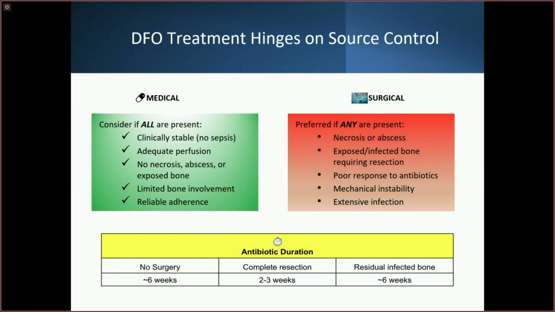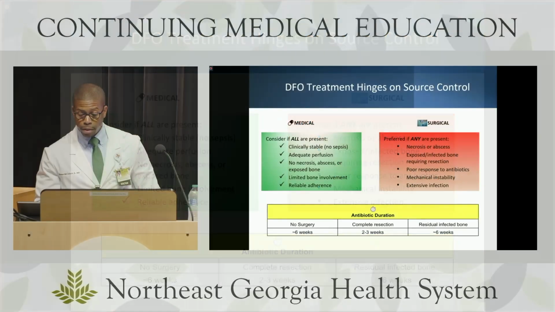And remember, the duration of antibiotic therapy is dependent on the surgical resection of bone. If we have clear margins with complete resection, that's shortened to 2 to 3 weeks. However, if there's still infected bone or the margins aren't clear, that usually means at least 6 weeks of culture-directed antibiotics. The bottom line: identify these surgical patients early and control the source to prevent amputation.